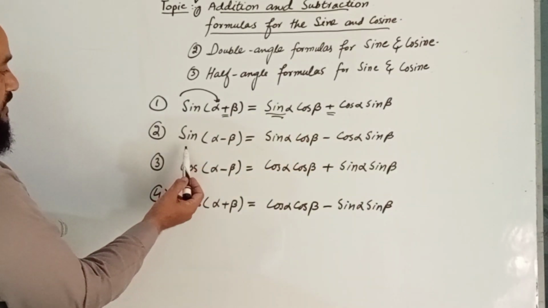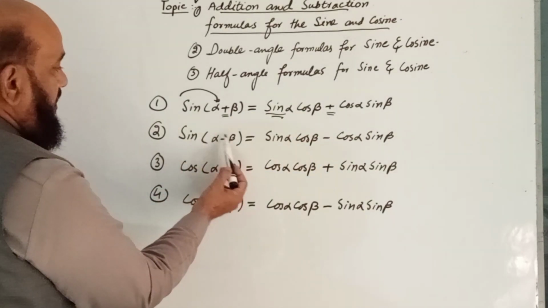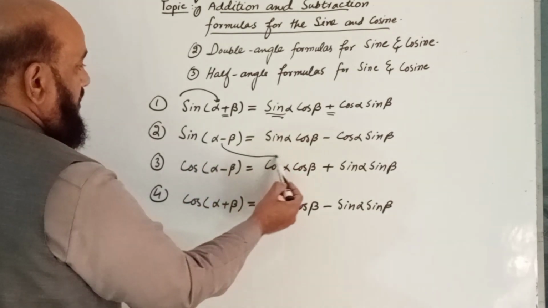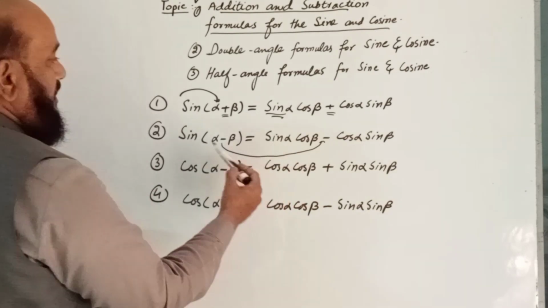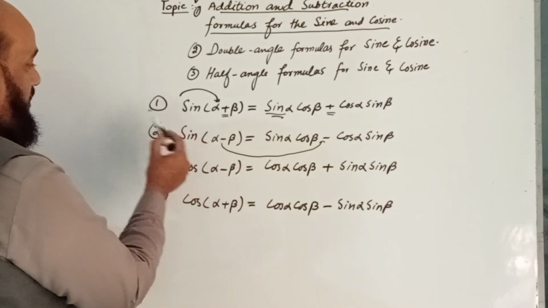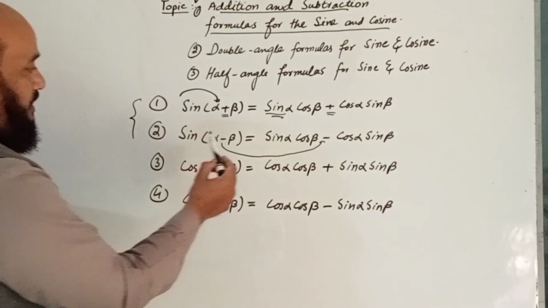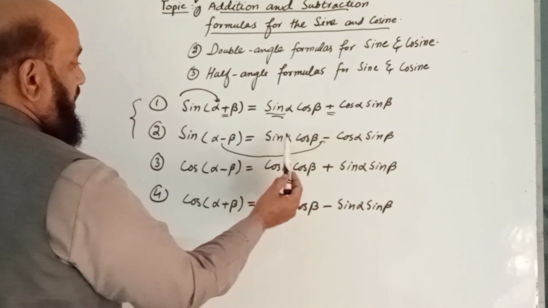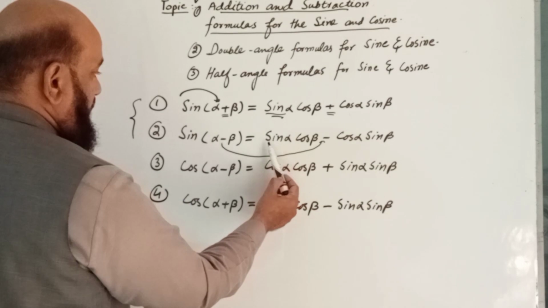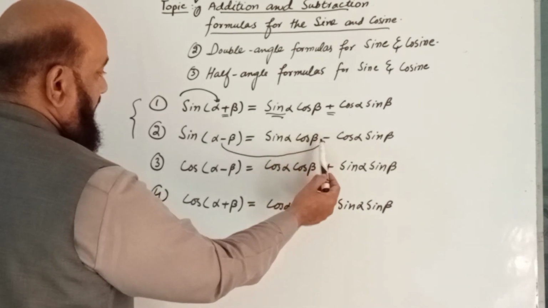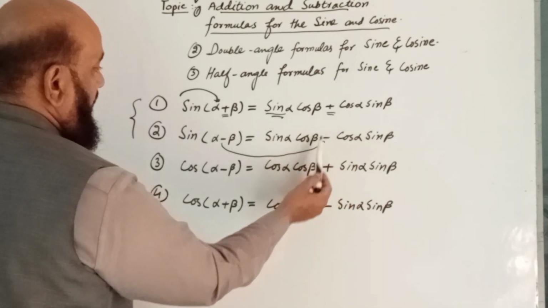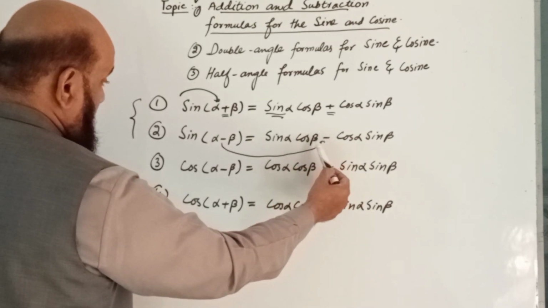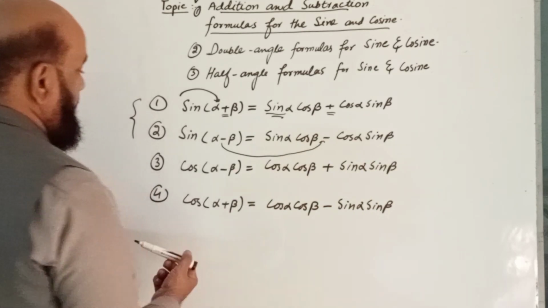Now look at the second formula, sine alpha minus beta. Sine alpha cos beta, minus will remain the same. There is no change in these two formulas. Then next comes cos alpha sine beta. Only the change will be on that place. First we use sine alpha and after negative we use cos alpha. Before we use cos beta and after the negative sign we use sine beta.